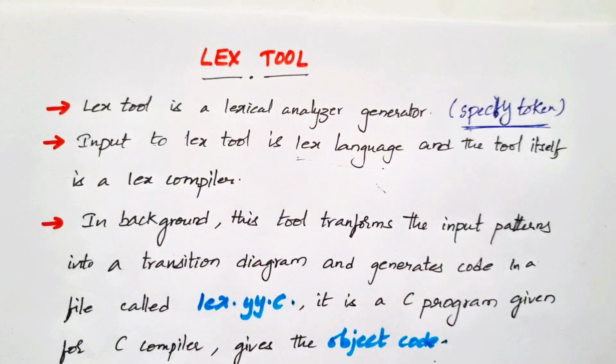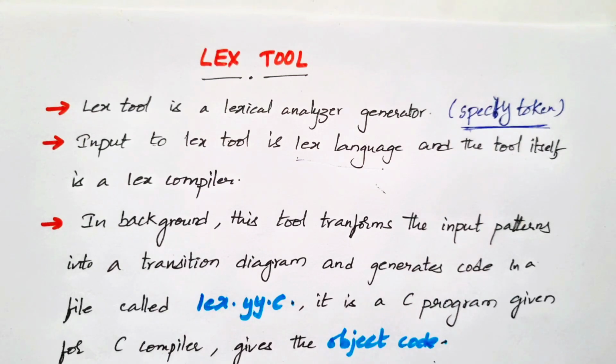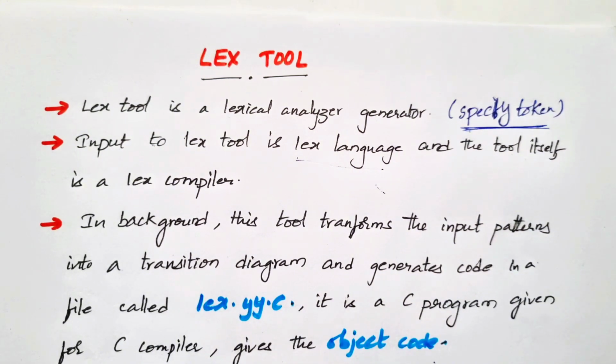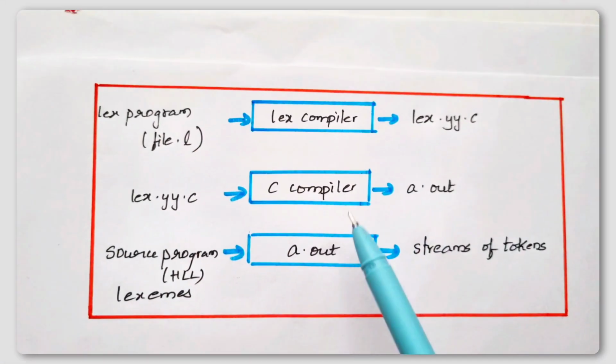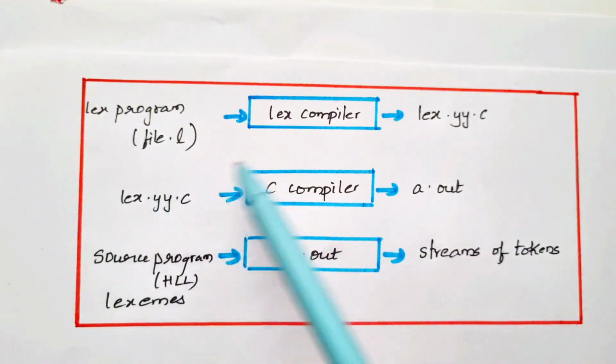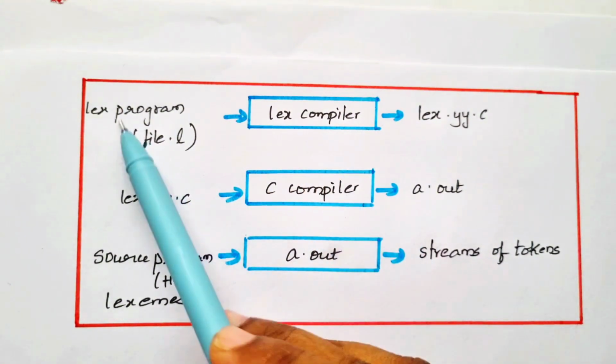Based on these patterns, it generates a C source file called lex.yy.c. This file contains the code for the lexical analyzer. The generated C program can then be compiled using a C compiler, which produces the executable or object code for the scanner. In the diagram, you can see here, the input given to the Lex compiler is a Lex program